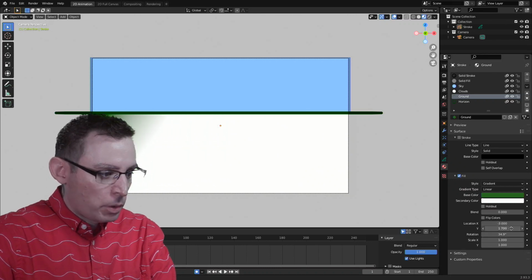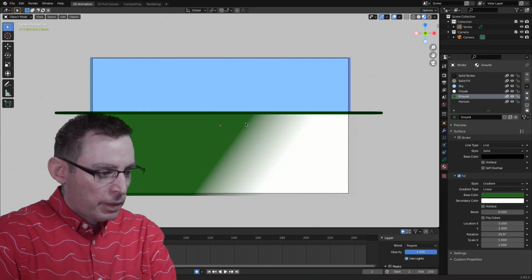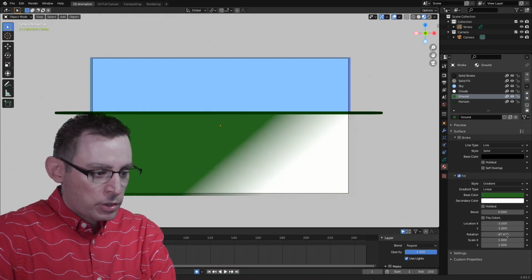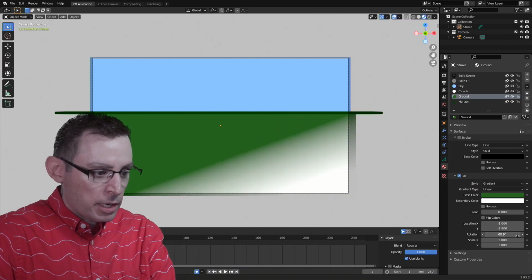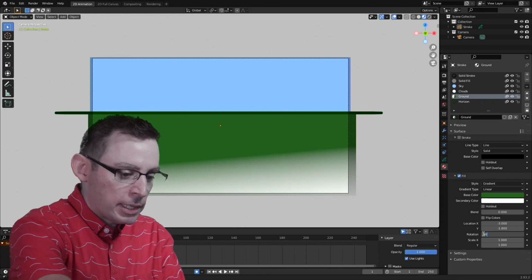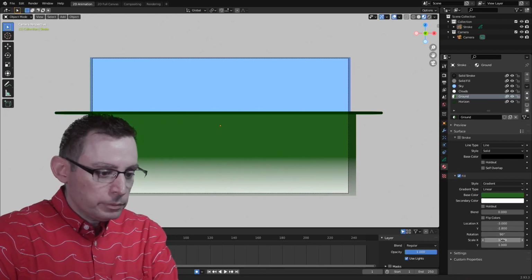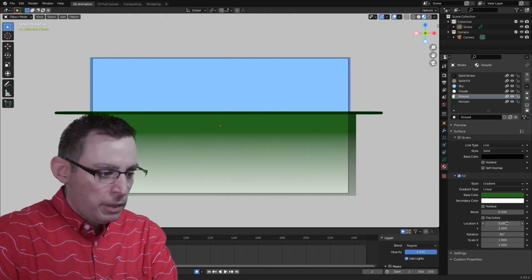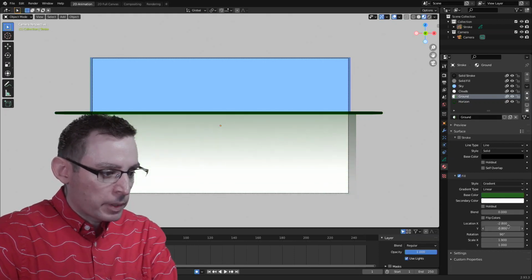I'm going to move it down while I rotate so I can always see the center of the gradient transition inside of my square. I do this just for me so I don't lose an understanding of where the gradient exists. And then when I'm happy, I'll just put it at 90. There we go. I'll increase the scale to increase the transition between the colors, and then play around with its placement along the y-axis.